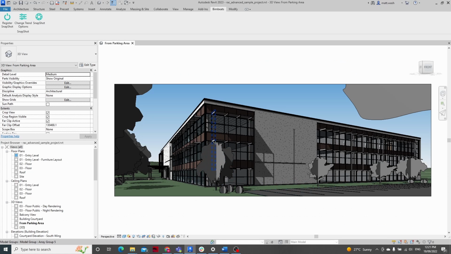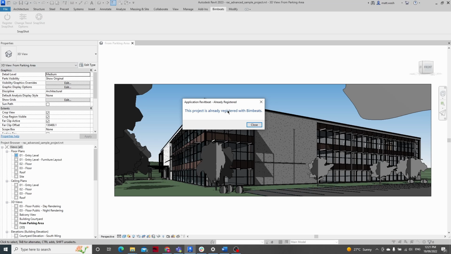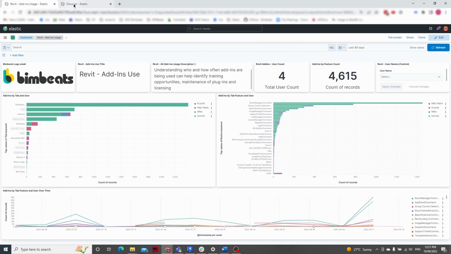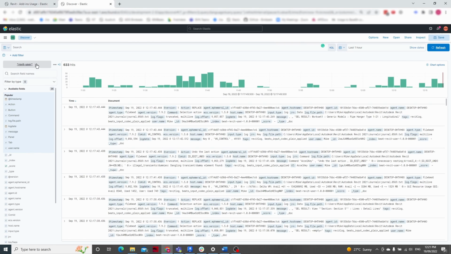So if we jump into Revit, we've got the Add-ins tab here and the Bimbeats tab. What we'll do is click on the Bimbeats tab and register this file. It's saying it's already registered, but I obviously clicked the register snapshot button. So if we close this down and jump into Kibana and navigate to the Revit user index in